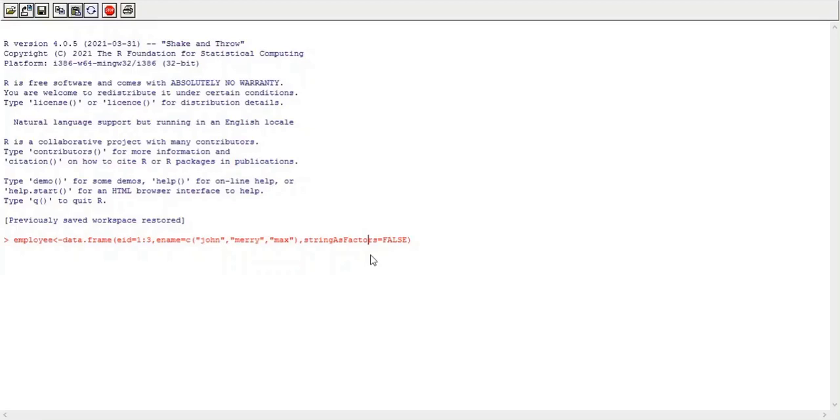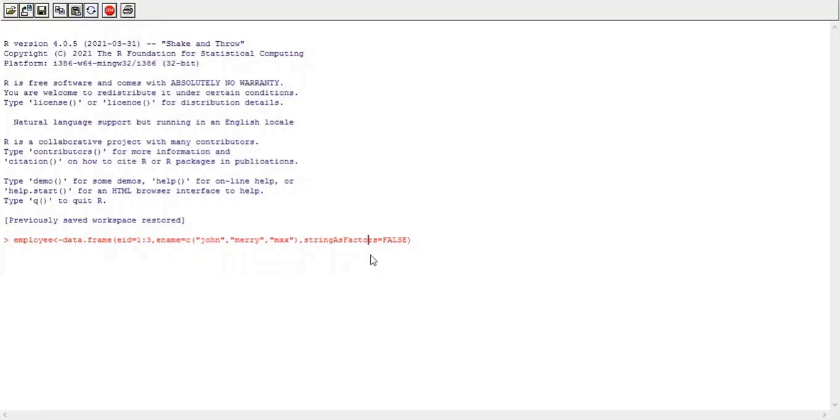Okay, that is, if you're importing data from an Excel file, and suppose that Excel file consists of any column whose data type is character, that is, the column stores character type of data. Whenever we import that Excel file into our data frame, that character type of column is treated as a factor.